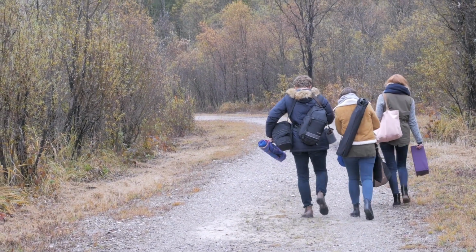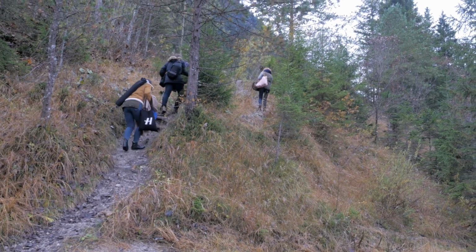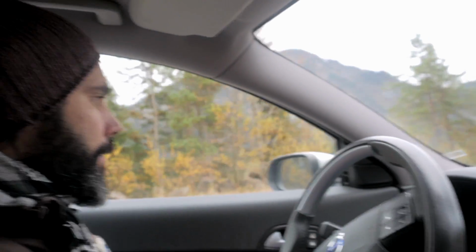We then packed things up and transitioned to the second location. You see us here kind of crawling back up the hill that we went down completely in the dark in the early morning. And then we drove to our second location. This is Jules, by the way, that you can briefly see here, driving the car. We drove to our second location, which is called Sylvenstein,